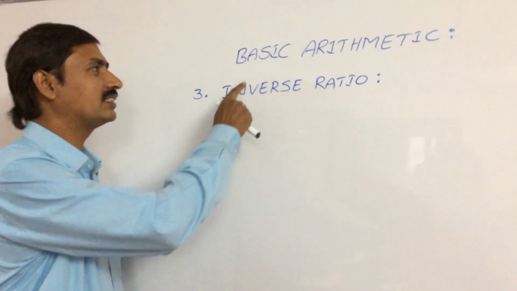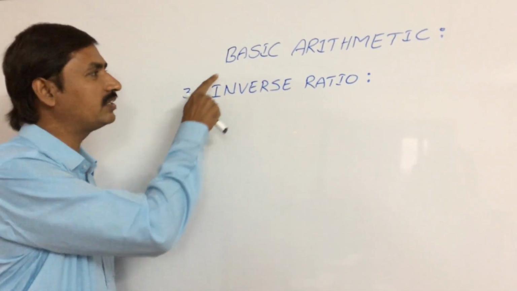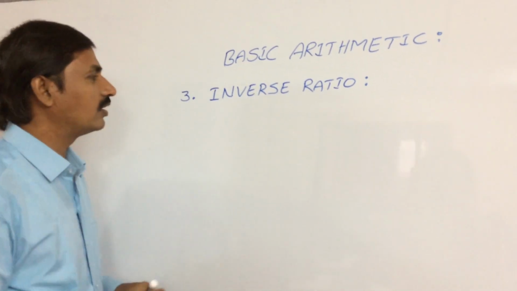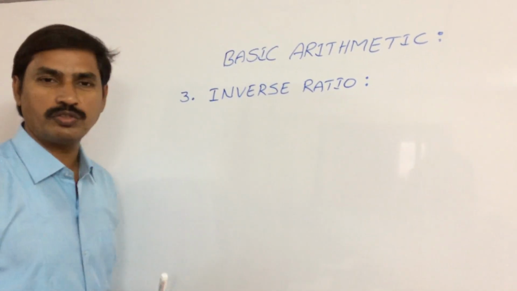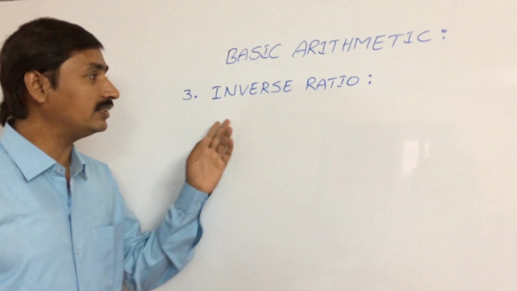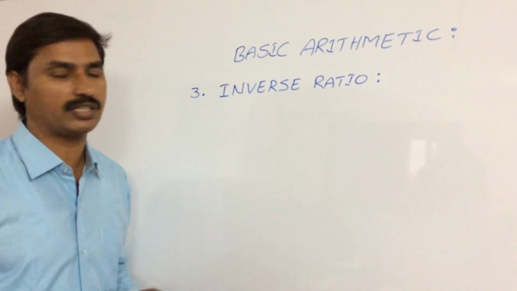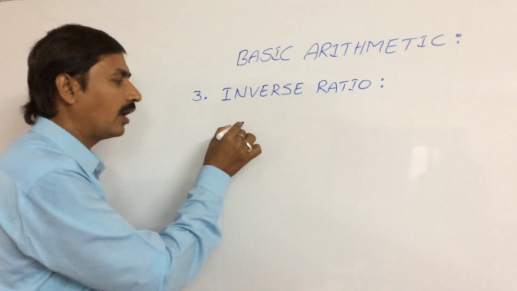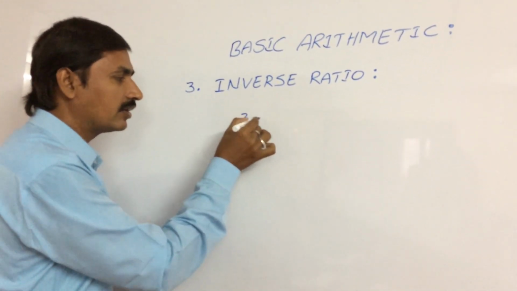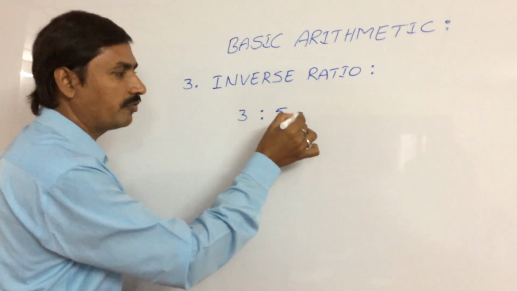Today we are going to discuss the third point from basic arithmetic, which is inverse ratio. How to find the inverse ratio, and this inverse concept is much more important in all the areas of the arithmetic topic. Let us see how to calculate the inverse for the ratio 3:5,